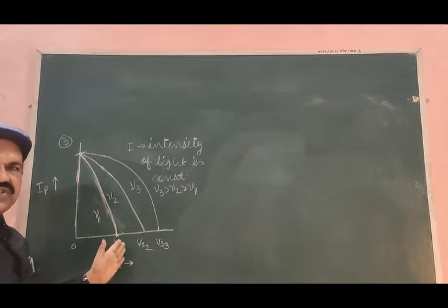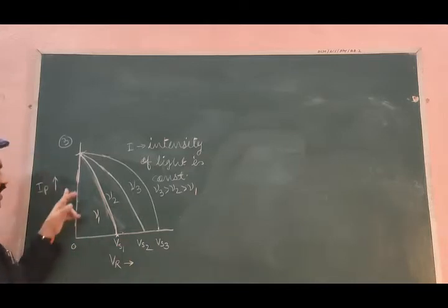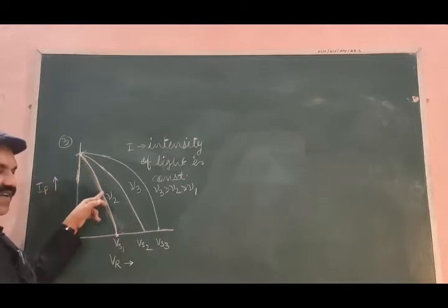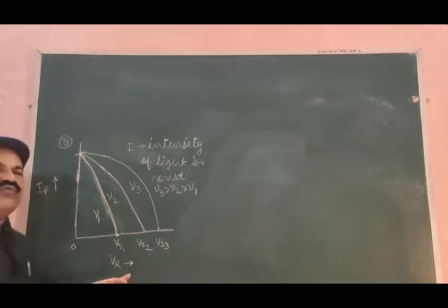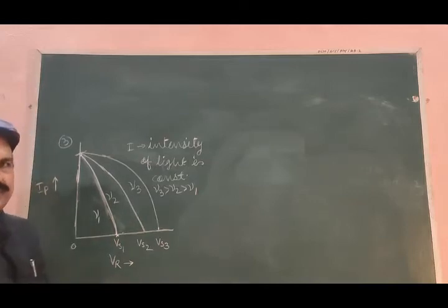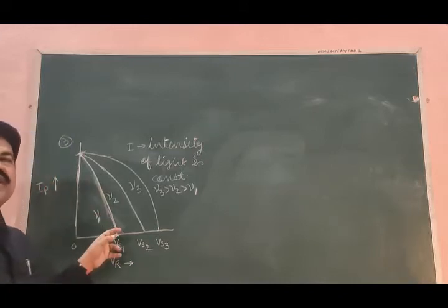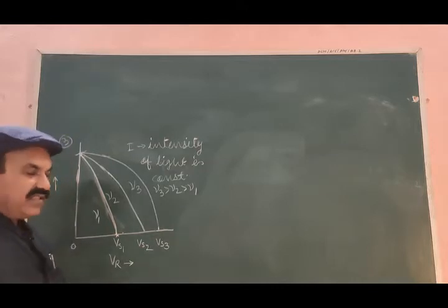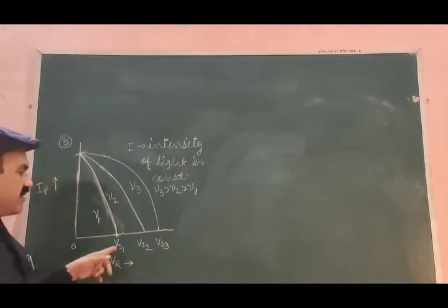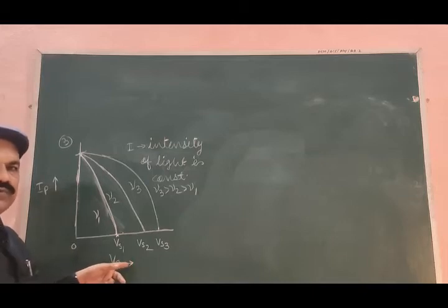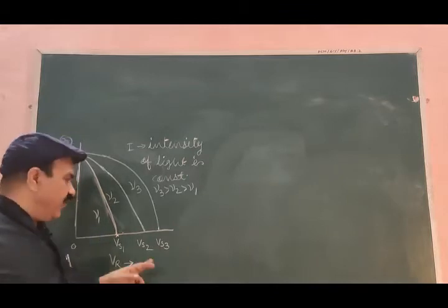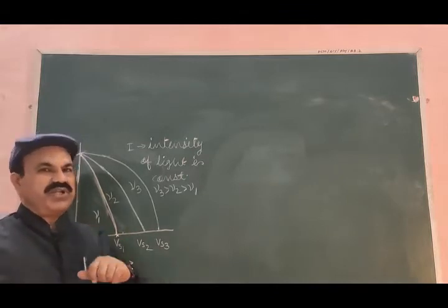The retarding potential is increased. At 0 retarding potential, the current is here. As the potential is increased, this current goes on decreasing and decreasing, and at value Vs1, it becomes 0. Vs1 is the stopping potential for frequency nu 1 at a constant intensity I. It means that when the retarding potential becomes Vs1, a negative value, the current flowing through the photocell is stopped, and therefore this potential is known as stopping potential.